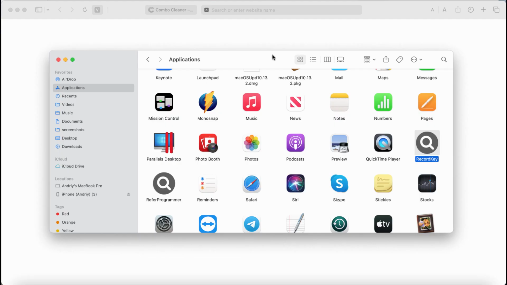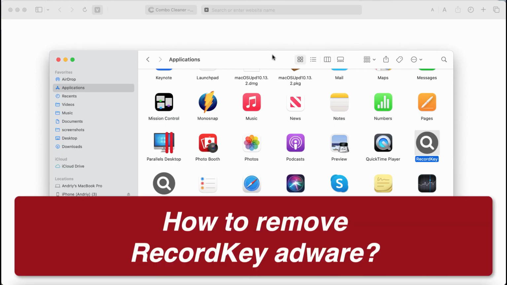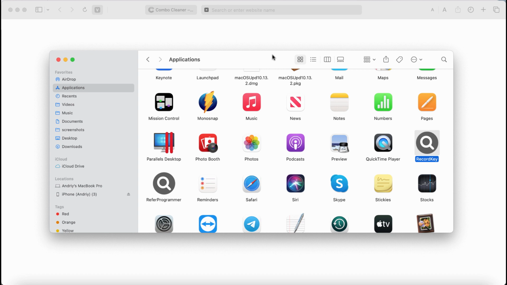My video tutorial will provide you with help to get rid of the new adware called RecordKey. RecordKey is a new adware from the adload family of adware type infections. This particular adware, once installed, may periodically display its really intrusive advertisements not related to the sites that you actually